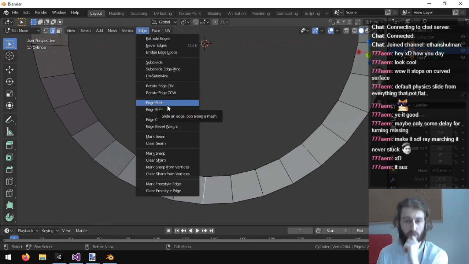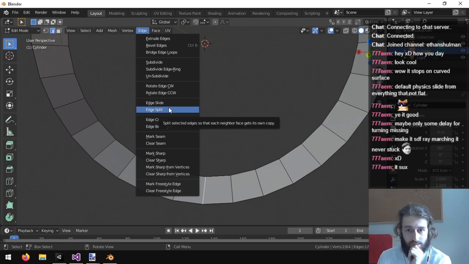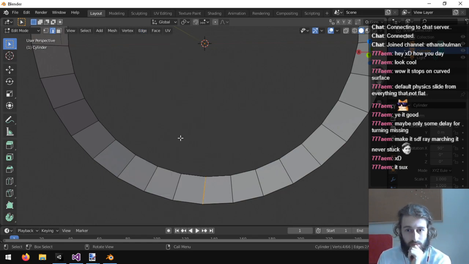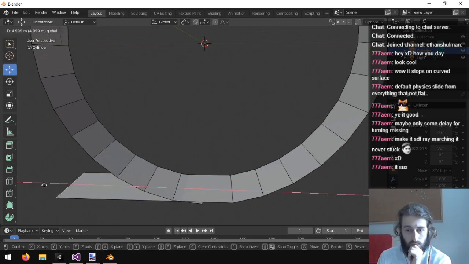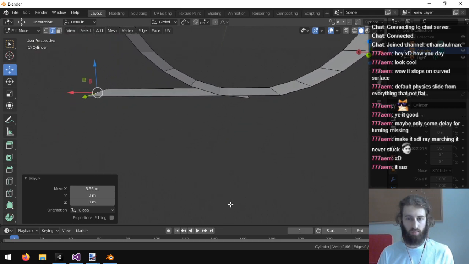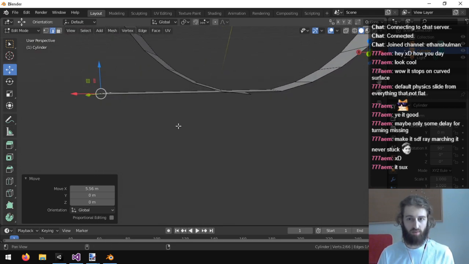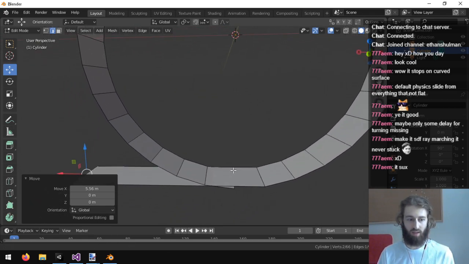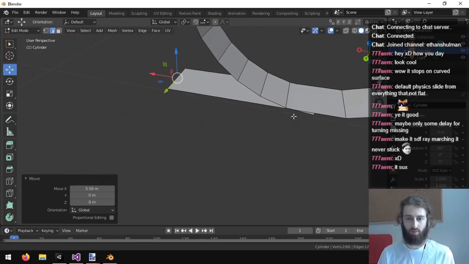Is it edge split, I think? We want that to be perfectly flat so you can drive from that onto the ramp, or onto the loop-de-loop.